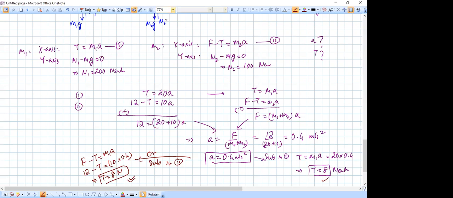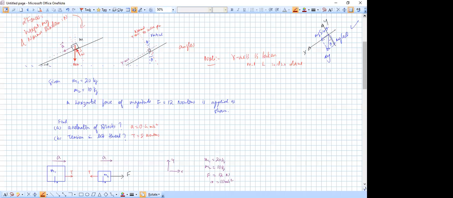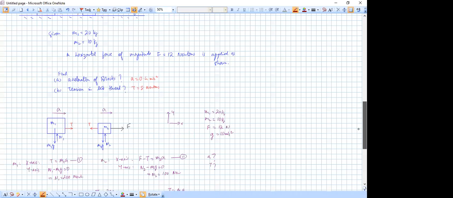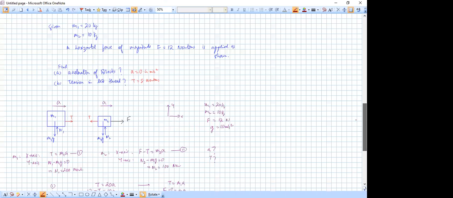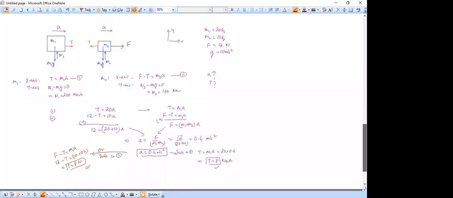In fact, that can be a way in which you check the consistency of your equations, so you know that you've not made any mistake. If the two equations are giving you different values of T, then it's obvious that you would have made some kind of a mistake while solving. So Aparna and Adinath, hope you've just checked your calculations once and it's clear the value of tension. Acceleration, all of you got correct, so no problem.